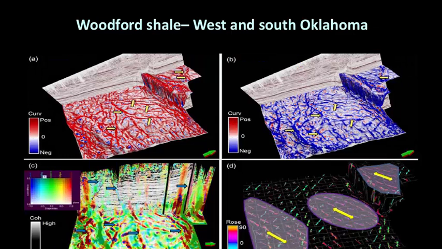Another thing that we have been doing in the last little while is we generate these Rose diagrams automatically from the seismic attributes. To determine this, we make use of an attribute that we refer to as the azimuth of minimum curvature. That is one attribute we can calculate for our seismic data. And the other one is a shape attribute, which could be something like a ridge attribute or a channel type of attribute that we can calculate. So from this, we determine the intensity of the lineaments, and the orientation comes from the azimuth of minimum curvature.